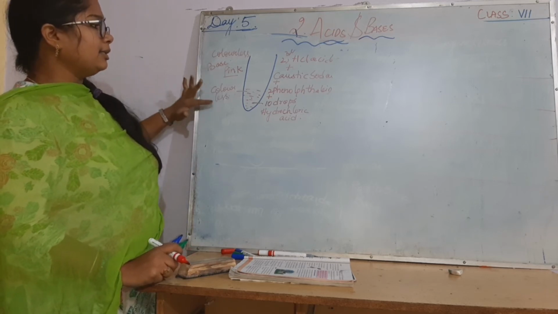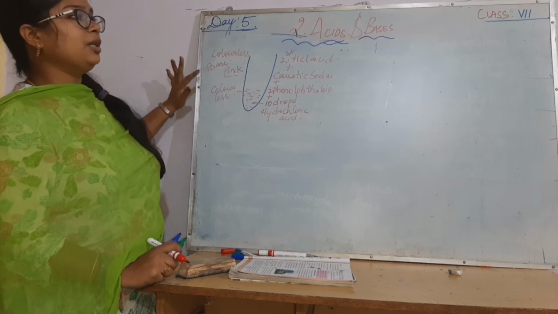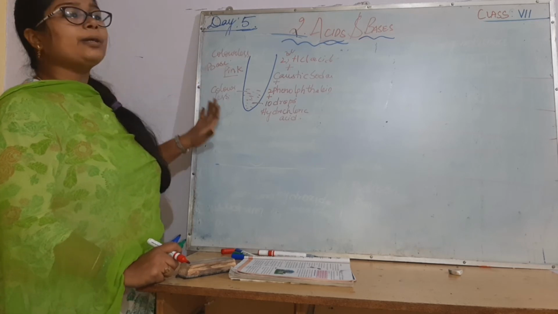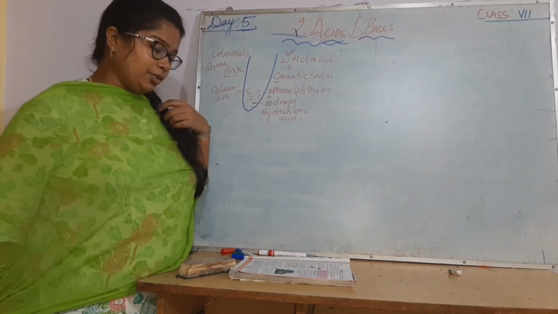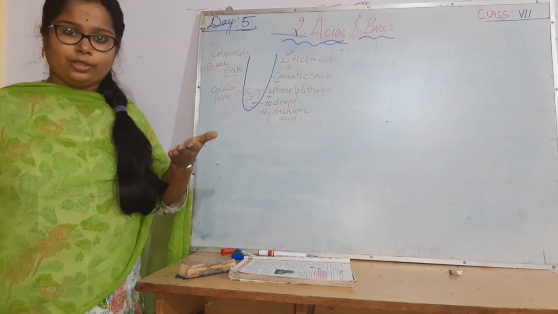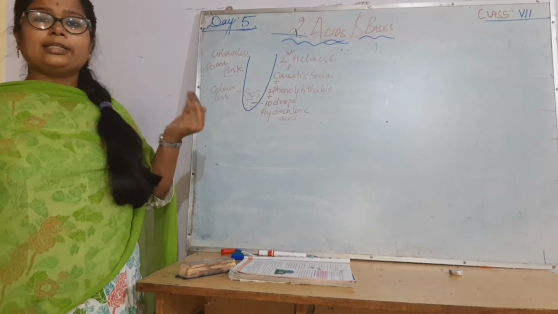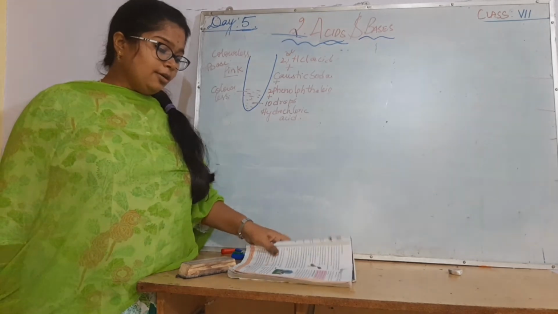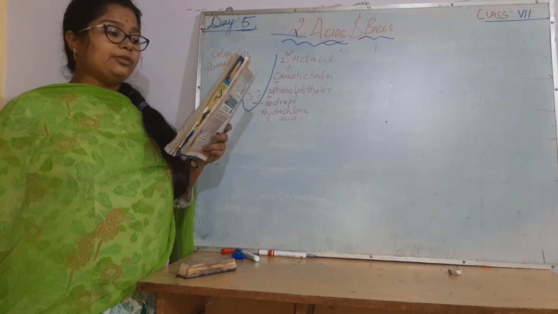You need to add the same amount of acid and base. If you add 2 drops of acid, 2 drops of base, 2 drops of acid, 2 drops of base, at last the nature of acid or base is going to get nullified. If you are given a caustic soda solution, you add hydrochloric acid solution and make it neither base nor acid. It becomes a neutral solution. So when acids and bases are mixed in a definite proportion, they give a neutral solution.